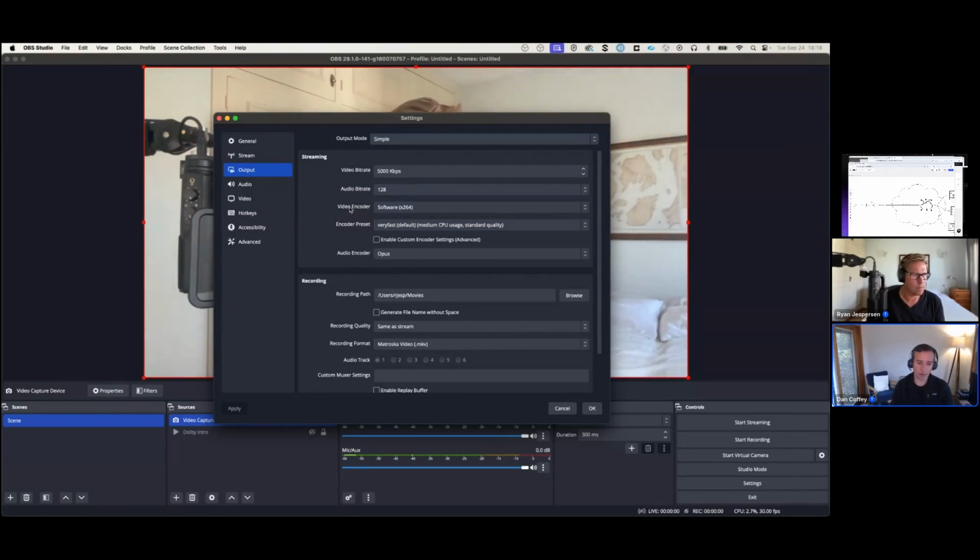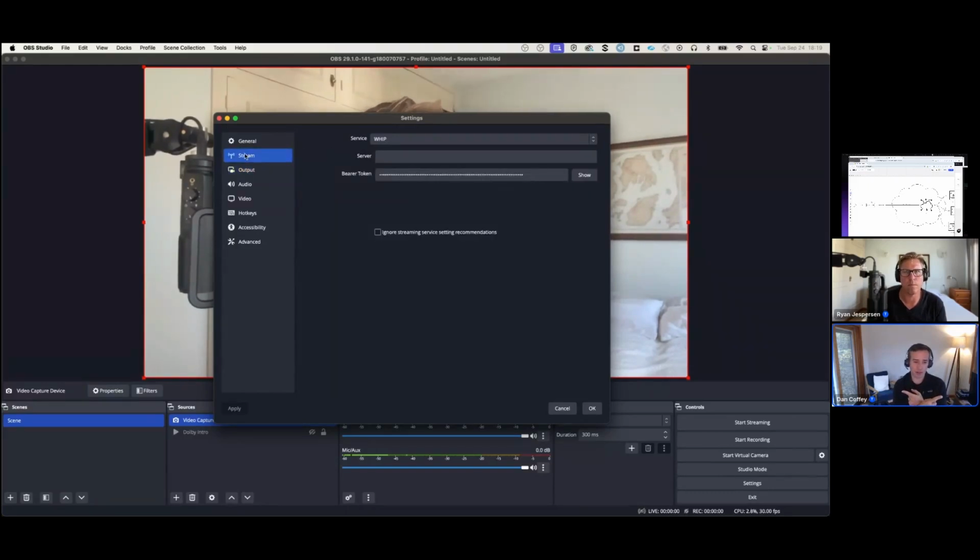The limit is B frames, and these are bidirectional frames in the actual H.264 stream. So it looks ahead and looks behind the previous frames to put together the picture in between the I-frames where you get the entire picture. Now, we're not going to get into the details of video encoding. We can have another webinar on that another time. But what you really need to do, you can support a high profile, which means more complex encoding algorithms being applied. You just need to remove B frames because the problem is when you're doing real time,